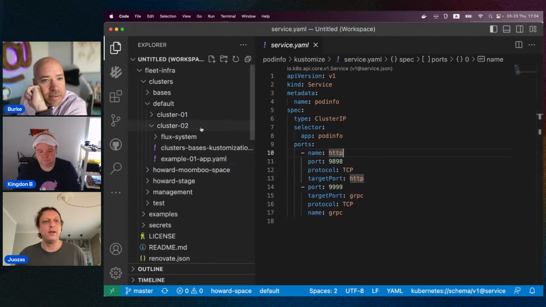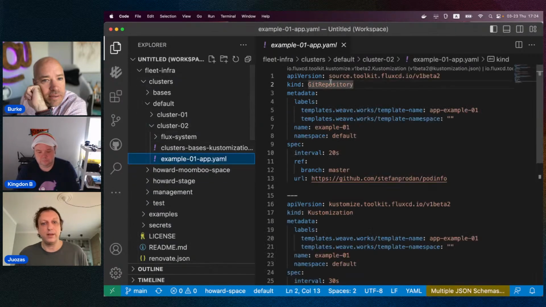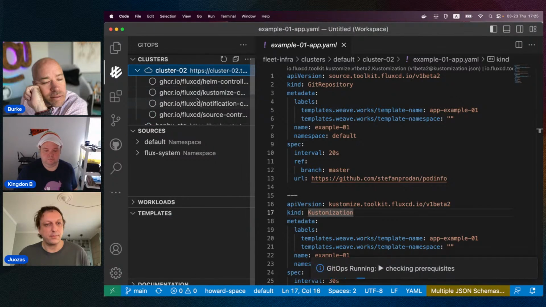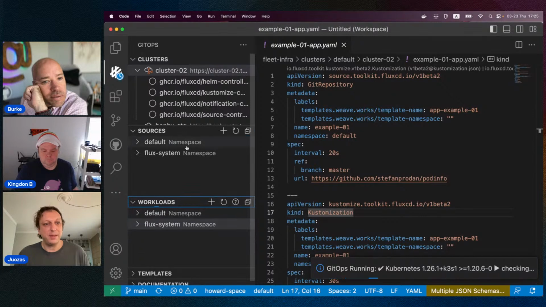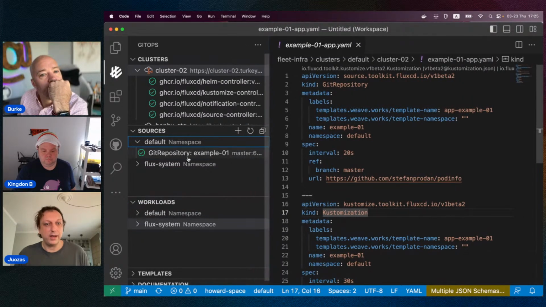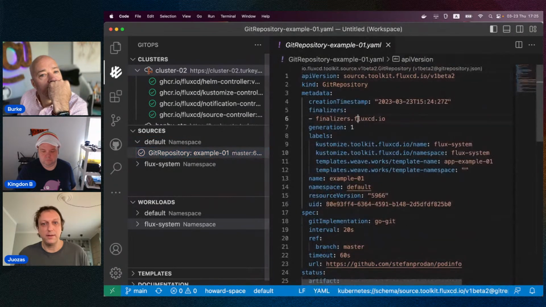Okay, so now we have created this Git repository customization, and we have pushed it, and now Flux should reconcile and create these resources inside our cluster 02. So let's connect to cluster 02. And then inside cluster 02, we can see that we have some namespaces, and inside the default namespace is now a resource called Git repository